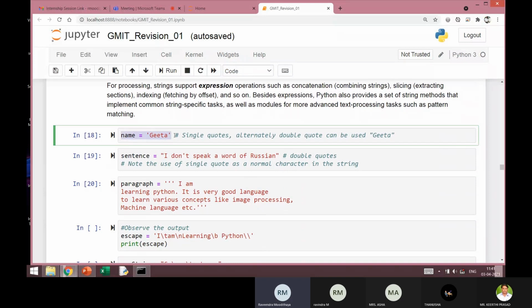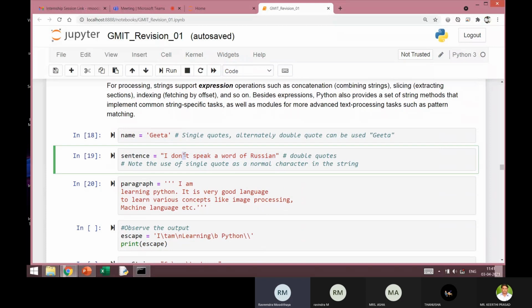Suppose I have a string, I can define it like this. I can use either a single quote or a double quote. Using double quote here will have the same meaning. But the issue comes in our next cell. In my string itself, I have one single quote, this apostrophe sign.